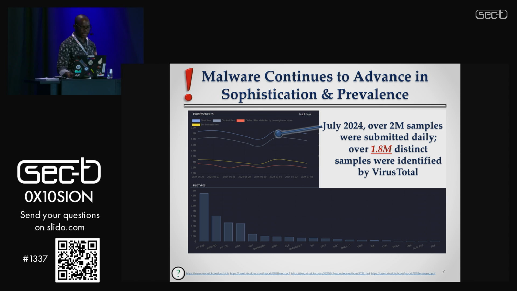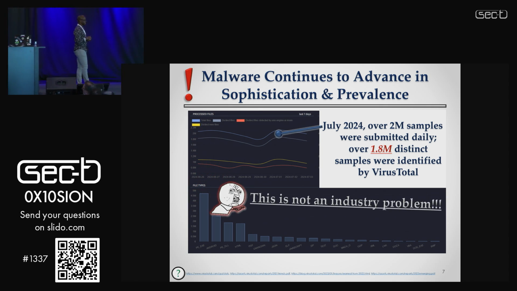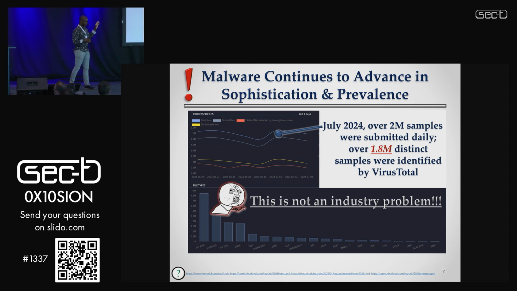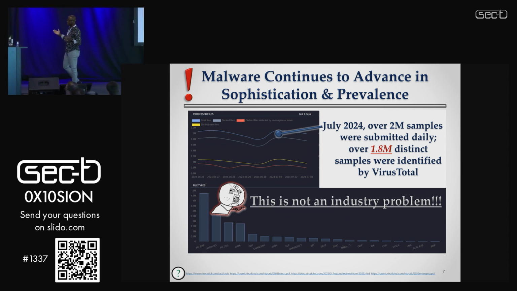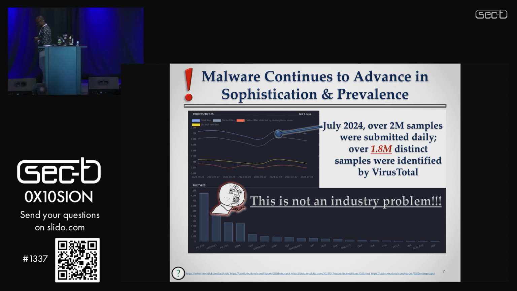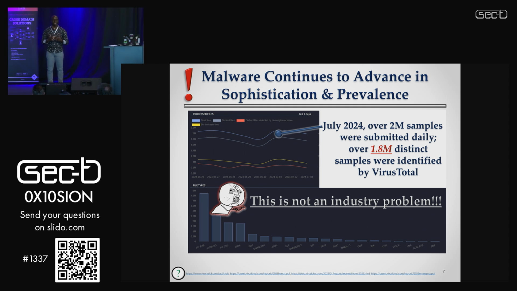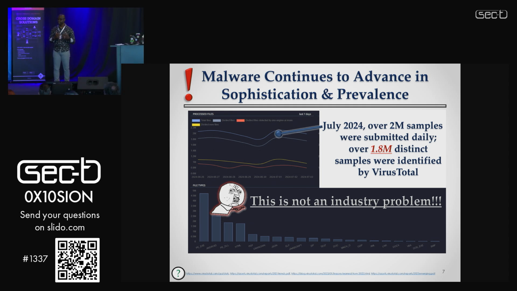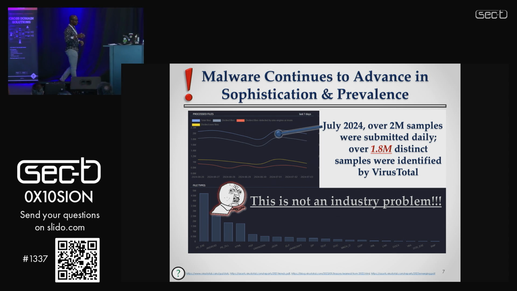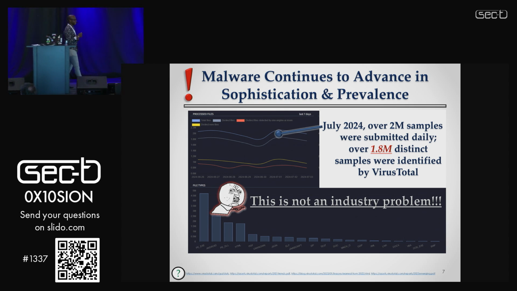Well, that's possible, but I'd like to have a chart to set the stage. VirusTotal, hopefully, if you're at the conference, most of us are familiar with the entity VirusTotal. They have a dashboard that shows every day how many new malware samples they have received. Across an entire month, you can see the overall trend of which malware they are receiving, and how many are new or distinct samples.